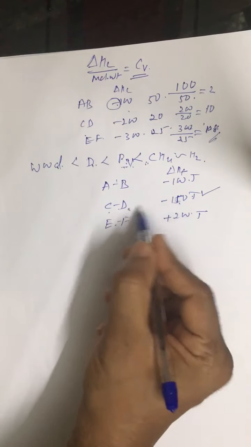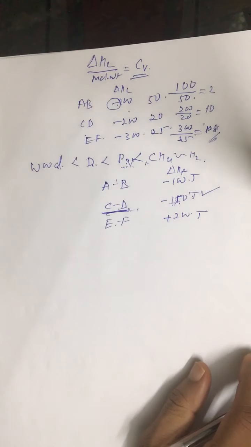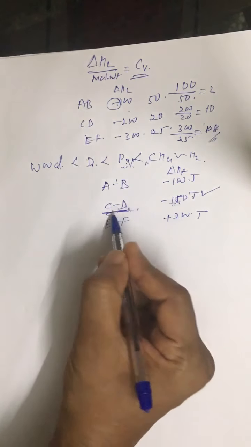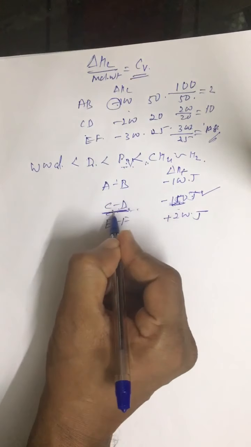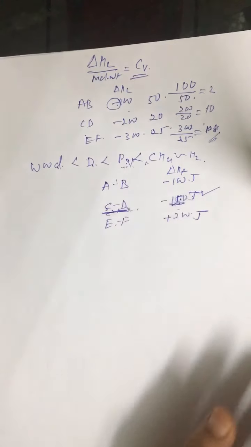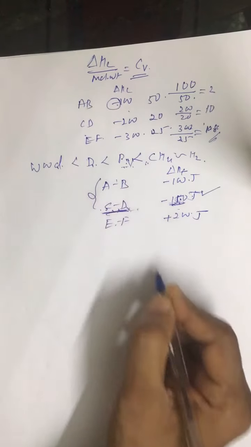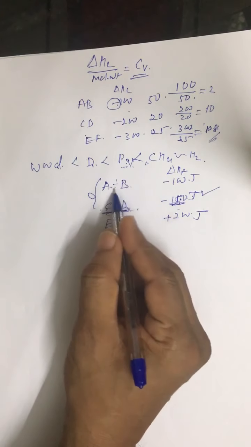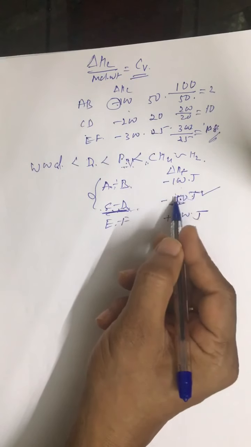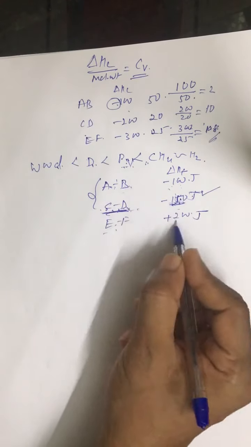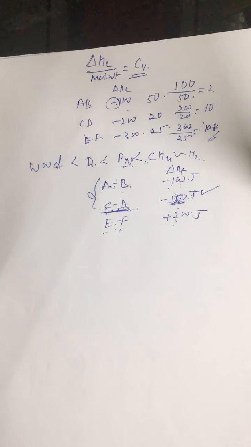Greater the amount of heat released during the formation of a compound, greater is the stability of that compound. Because in the formation of CD, 150 joules of heat is released. So if you want to break CD into C plus D, you have to provide the same amount of heat. That is called Laplace law. These two compounds are called exothermic compounds, during the formation of which heat is released, and this one is an endothermic compound. And endothermic compounds are thermally unstable.